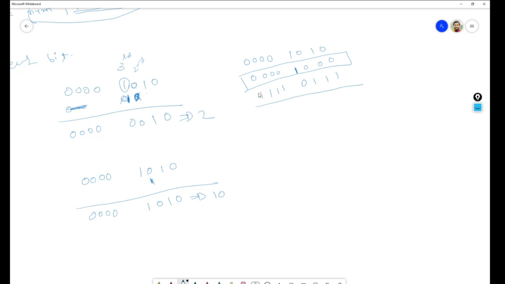So ANDing 0 and 1, first complement, then ANDing: 0000. Here this bit will clear, 0010. So my output is 2. In this case, 00001010. Then I have to reach this position, and if it is already clear, then there is no need to do